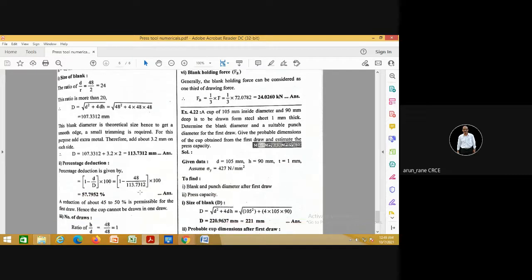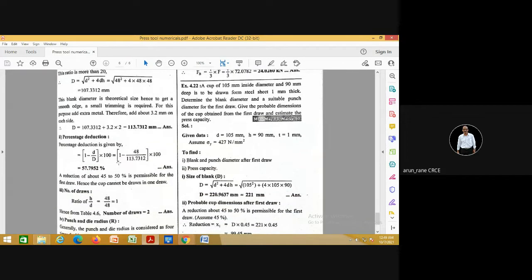Now what is percentage reduction? So percentage reduction is found by this relation. What is the final diameter, draw diameter, and what is the initial diameter? So small d upon capital D is going to give you the drawing ratio. And then 1 minus d upon D will give the percentage reduction, total percentage reduction.